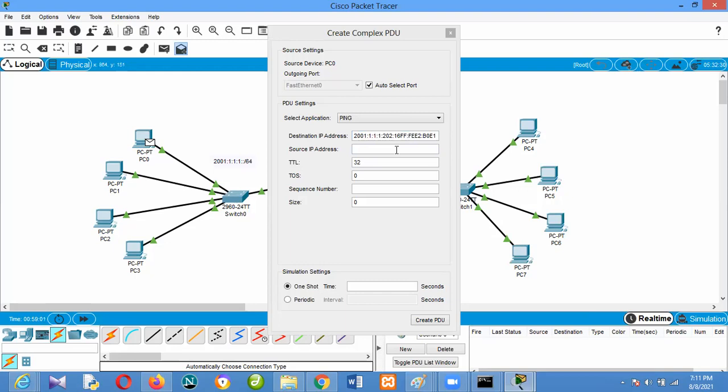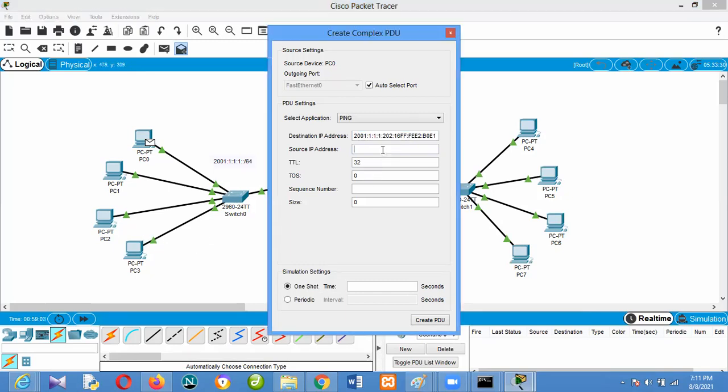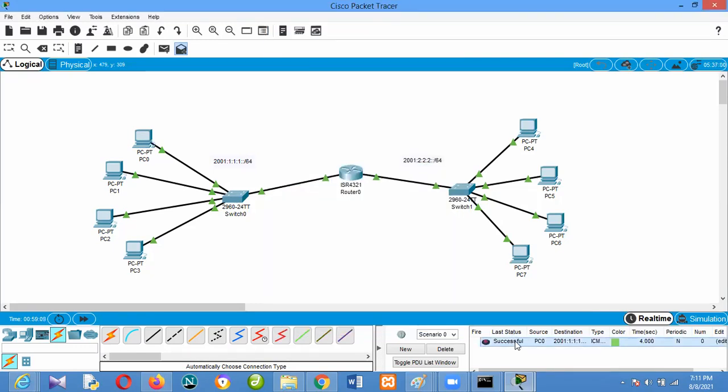So this guy should be pinging this one by pasting it. Put a 2 here, put 4 here. It's successful. But that is for auto config.